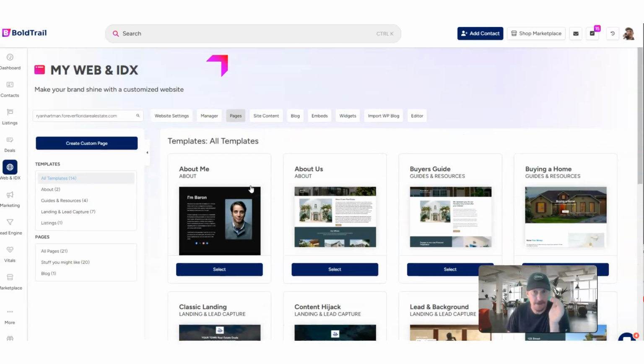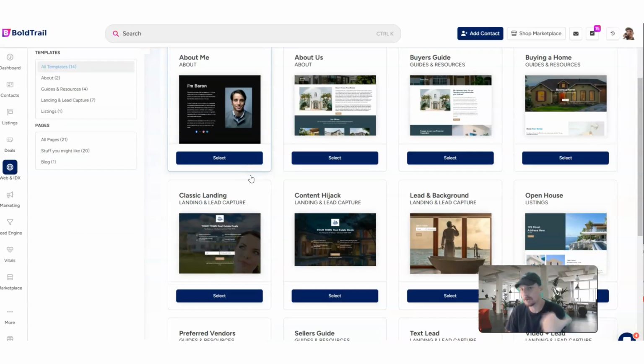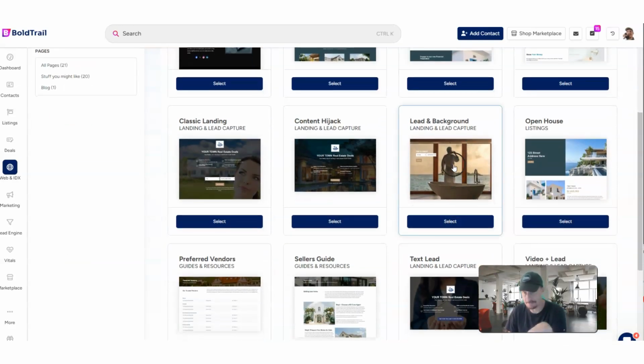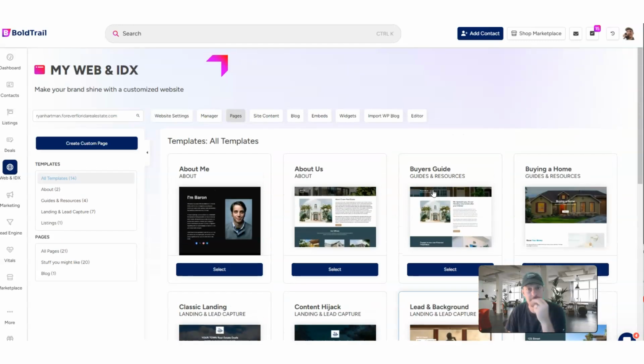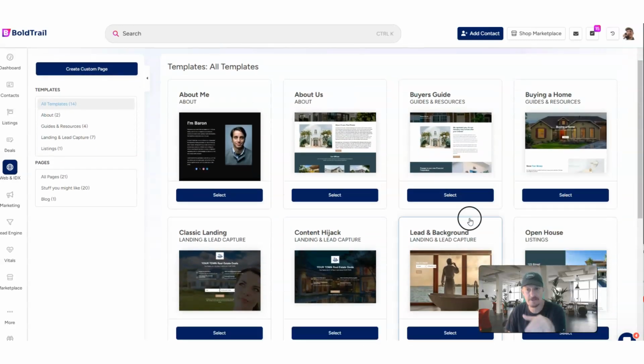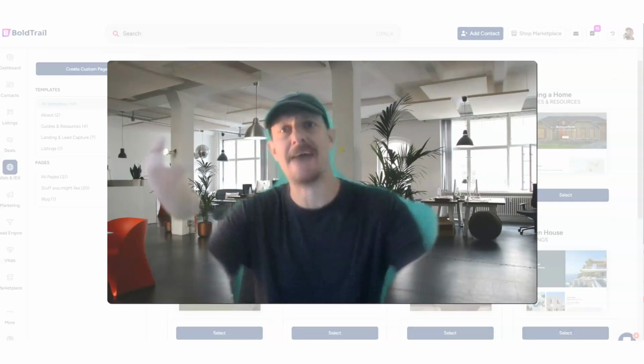I'm going to take a few minutes and play around with the new page builder here in BoldTrail and try to build a quick, simple lead capture page. I think the template I'm going to use is this lead plus background. We're going to change out the background and play with the form a little bit. But there's a few steps here that we need to take first. And the first step we need to take is we need to have the after opt-in